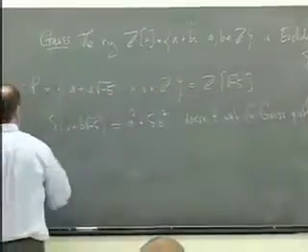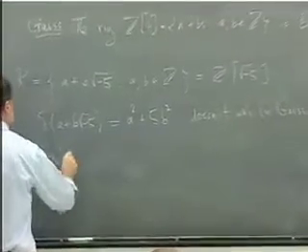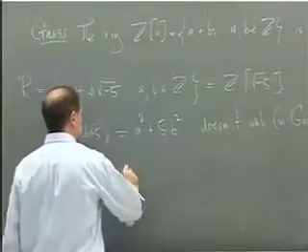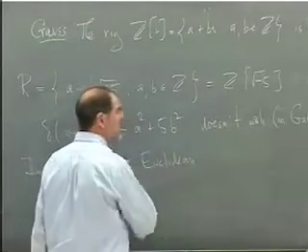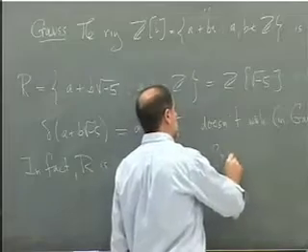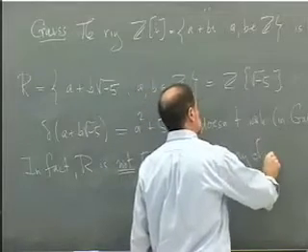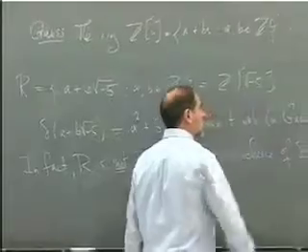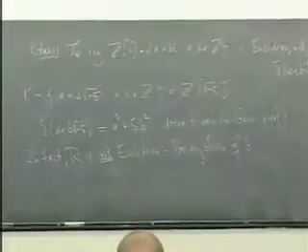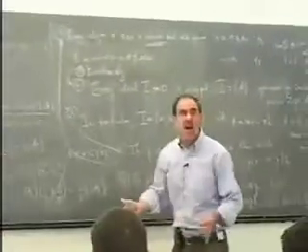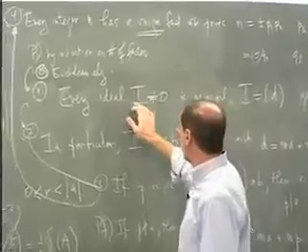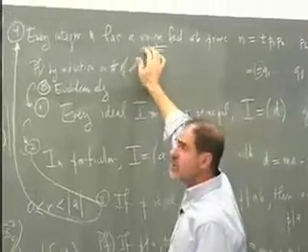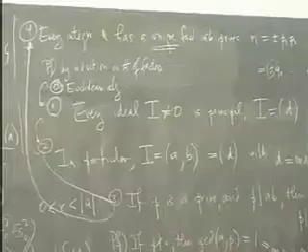In fact, R is not Euclidean. You can't find a Euclidean algorithm in this ring for any size function, let alone the absolute value squared. And the reason is that one of the properties that follows from being Euclidean fails. In particular, we'll see eventually that every ideal is not principal, but what I'll show you is that you don't have a unique factorization